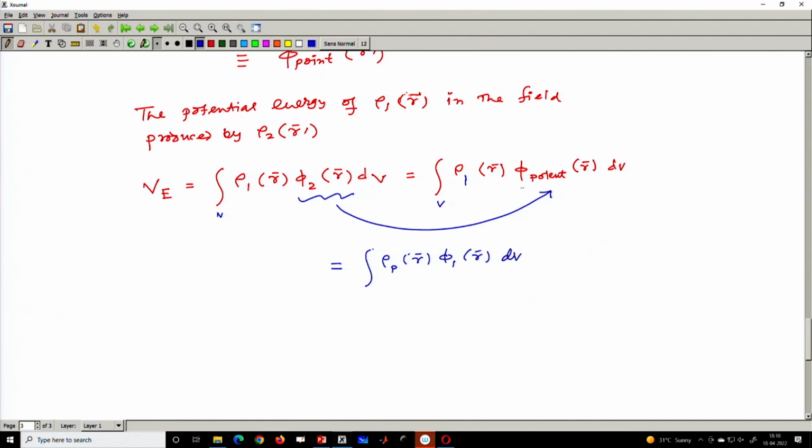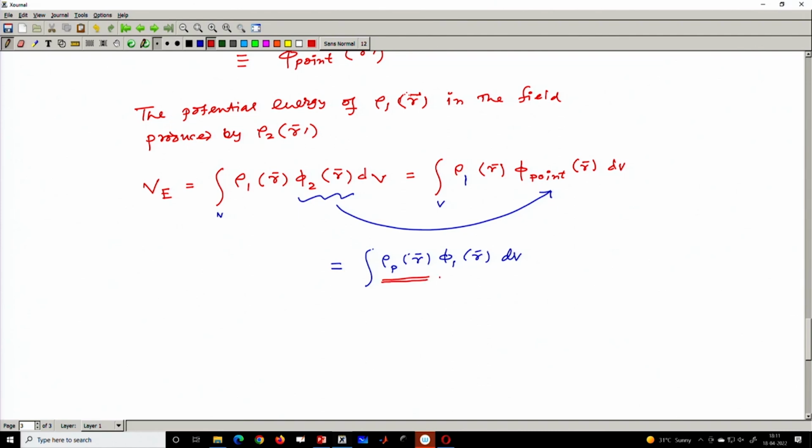Okay. Sorry, this is not potential, this is point. This point potential I can replace in terms of the rho, which is the charge distribution